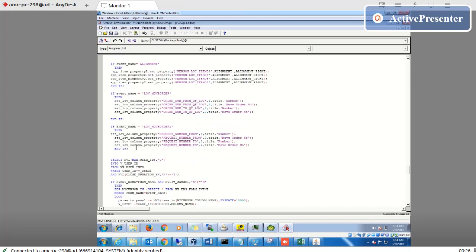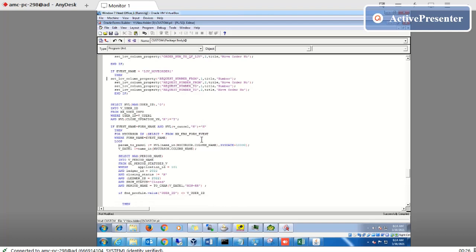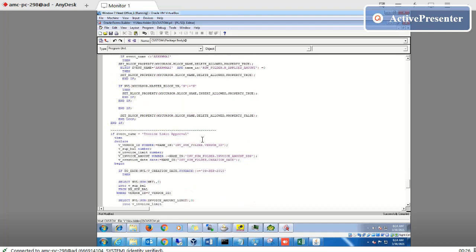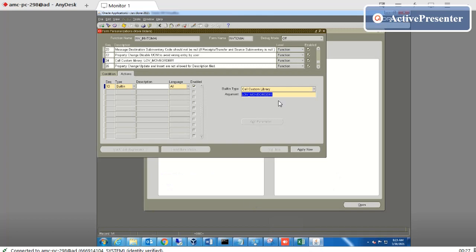After that, okay, this one is done. After that, another logic also. These are all the logic we make. This whole business logic here, for the invoice approval, I have created all this logic in the custom.pll and call this event here. So like this I can use. So I have made many personalizations and created business logic in